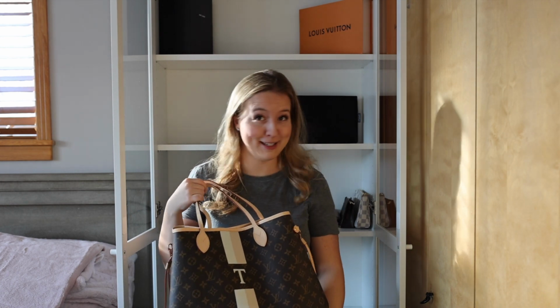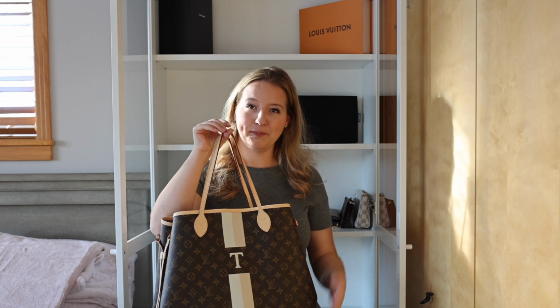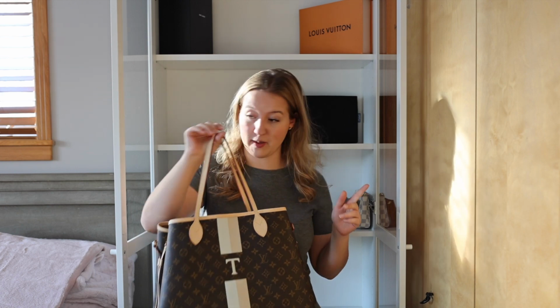The size works for me. I love being able to throw a bunch of stuff in there. Of course it fits my laptop and everything else. Since I got this, I haven't really stopped using it. So, while this was on order,